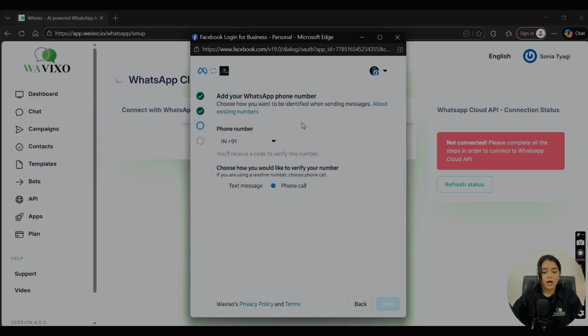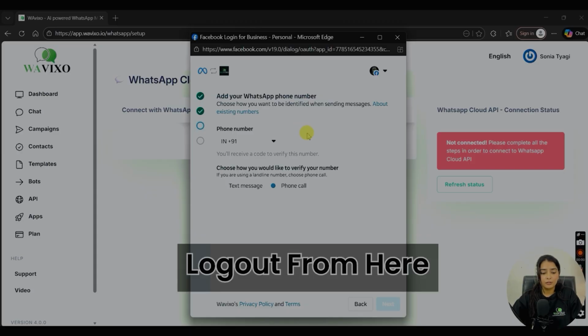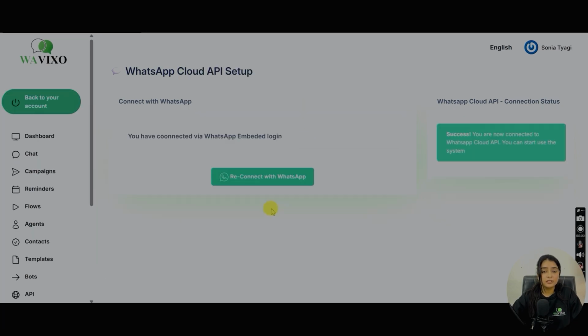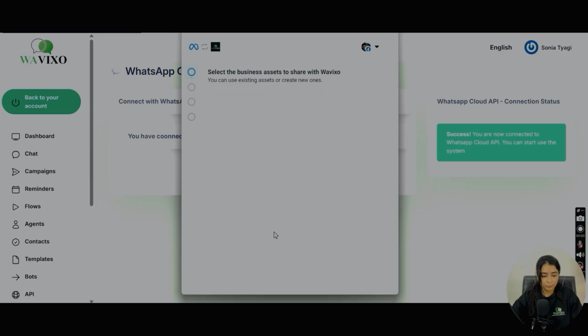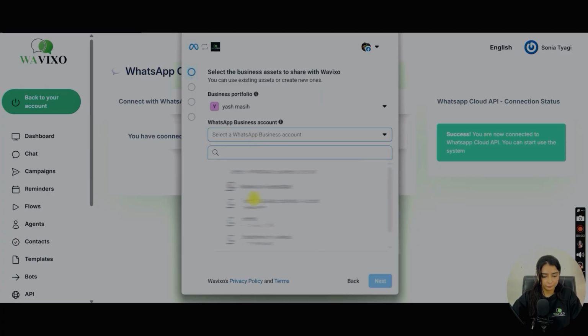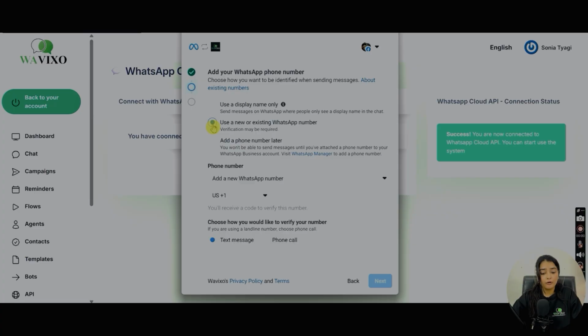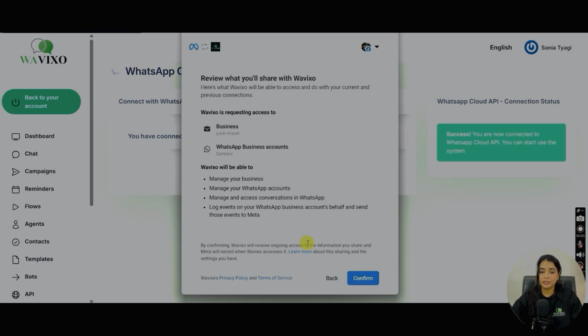Let me show you how WhatsApp account looks like. I'll log out of this account and sign in to another ID that is already set up. Let's log out from here and log into another ID. On this account, my WhatsApp is already set up. You can see on the right side here successfully. Okay. Now let's do couple of steps. Reconnect. I'm showing this only for you to see how it will look like. Once your account is already joined, you don't have to do this again. Okay.